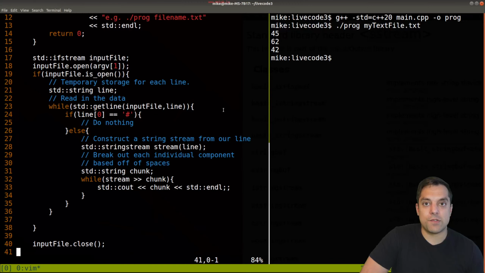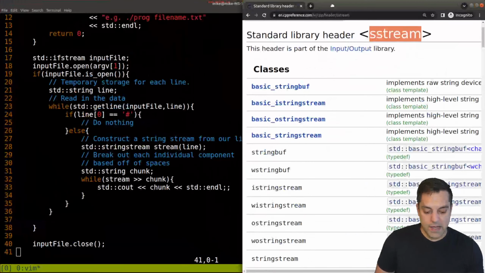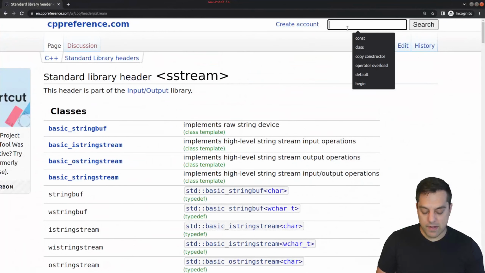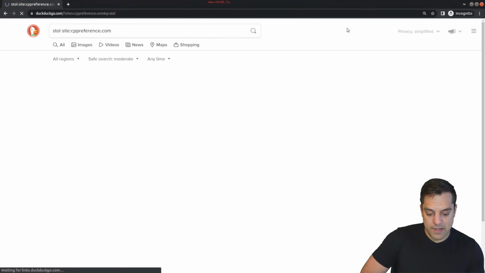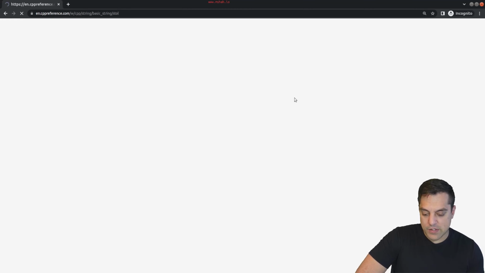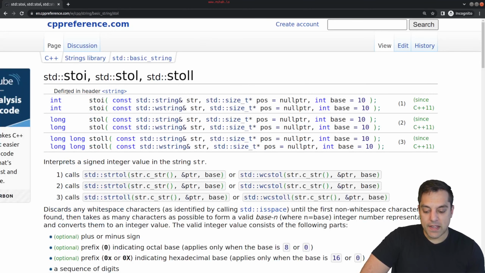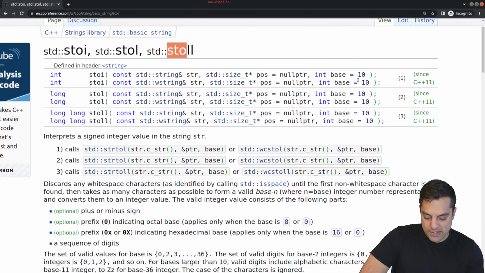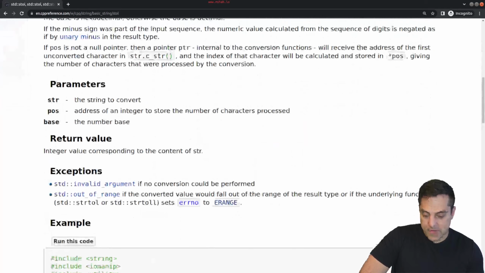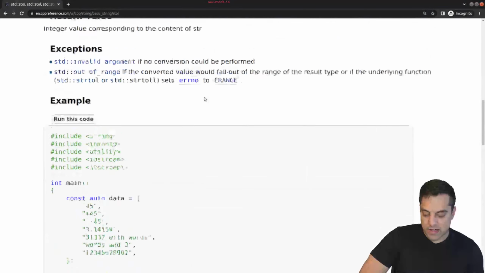Maybe the astute student has looked at this and said, well, Mike, you're still storing that integer data as a string. You are correct. And let me see if I remember the functions offhand. I believe this is the one we want. These sort of conversion functions here, stoi, stol, stoll. Well, what do these do here? Let's see if I can find a couple of examples here